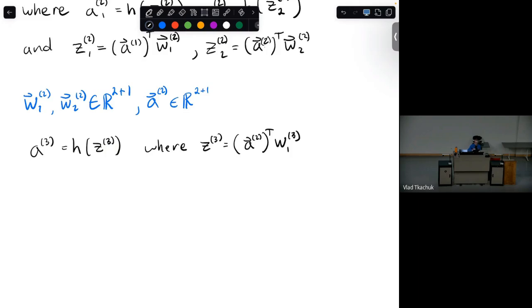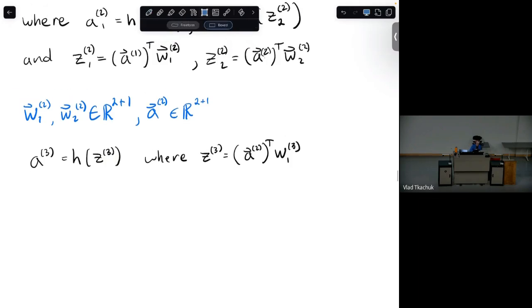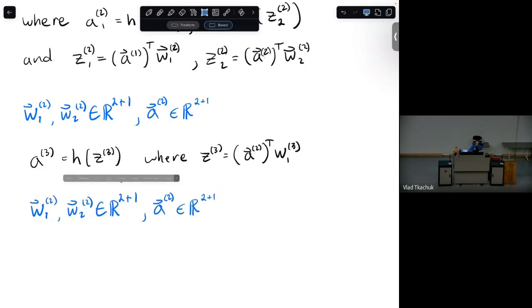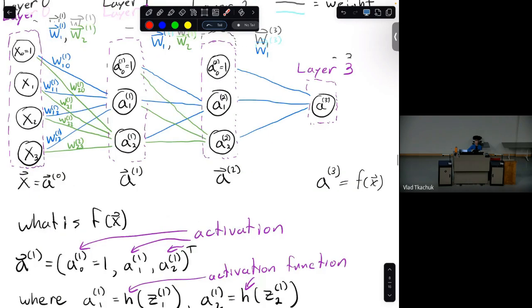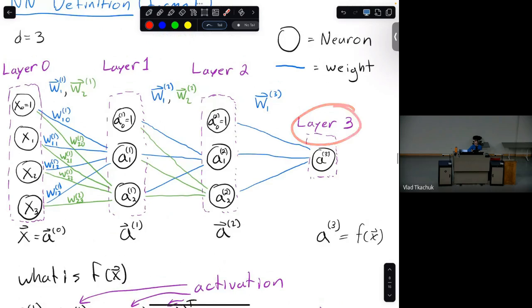Okay, and to close, what are the dimensions? What are the new things we have here? Okay, there's no W2 anymore. That weight vector still is this dimension because it's dot producting with the previous layer's activation vector. You can visually see that as well. The third layer clearly needs a weight vector that is of the same dimension as the previous layer.